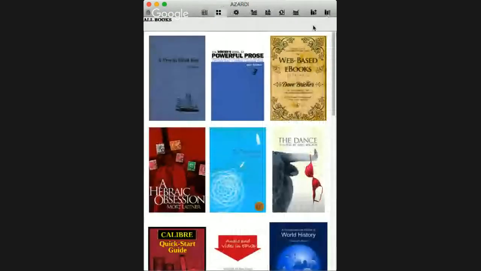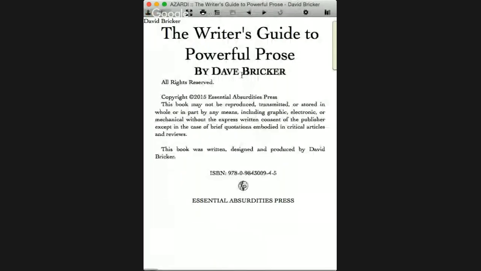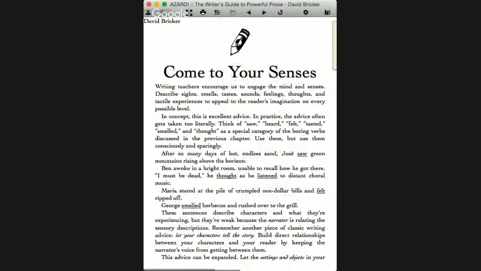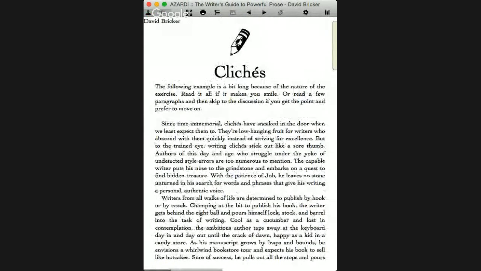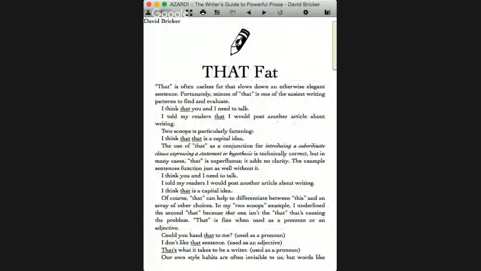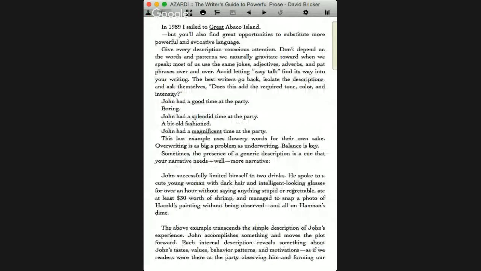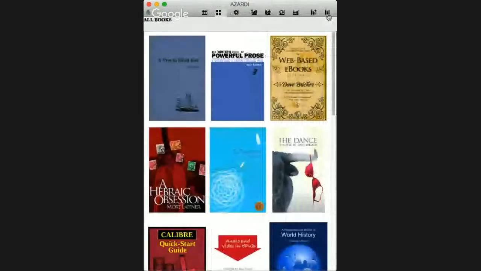Coming back, here's just another example. This was my Writer's Guide to Powerful Prose. And here's the book as an EPUB file. Keep some of my styles. Others get thrown away, and that's the nature of EPUBs. So EPUBs are limited by nature. Here's the Blue Monk as an EPUB file, some client books and things like that. I'm going to close this up